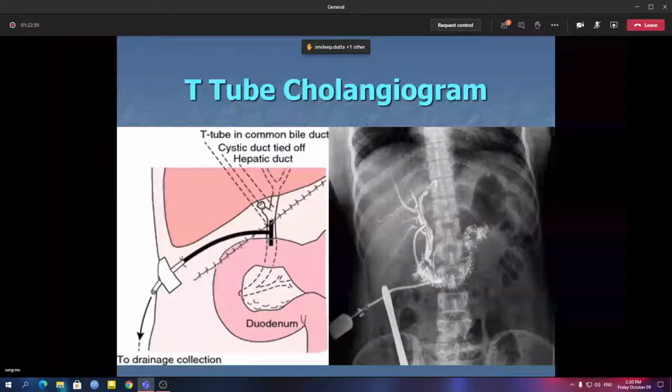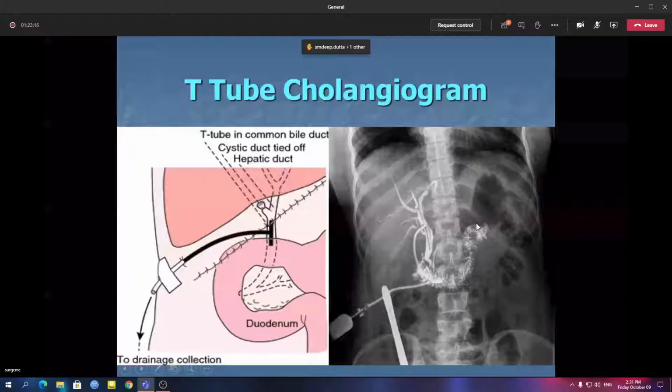So in that case, you need to do a T-tube cholangiogram. Logic is simple. The tube is out here. You put a dye from here. So dye will go via this and this, go up on both sides and go down. So I have pushed a dye. This is the syringe. Dye is going in both limbs. Up, intrahepatic biliary radicals are visualized and dye has gone down, and I can see dye has gone up to the jejunum. This fluffy opacity is jejunum.